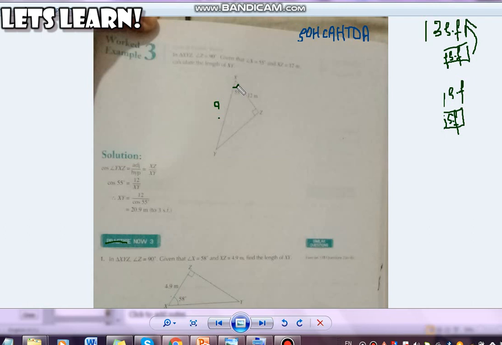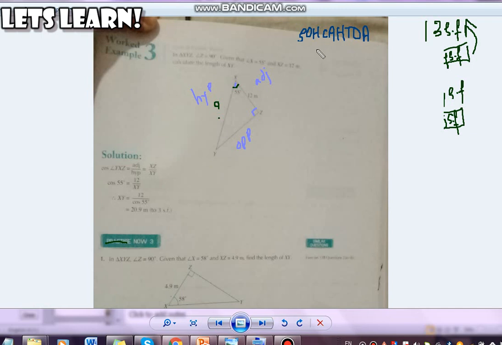If I consider this as my acute angle, then the side just in front of it is my opposite side. The side just beside this acute angle is my adjacent, and the side opposite to the right angle is the hypotenuse, or you can say the longest side of my right angle triangle. As I told you earlier, I'll be choosing three things: first my acute angle, then the side given to me, and then the side which I need to find out, and the other things I will just ignore.